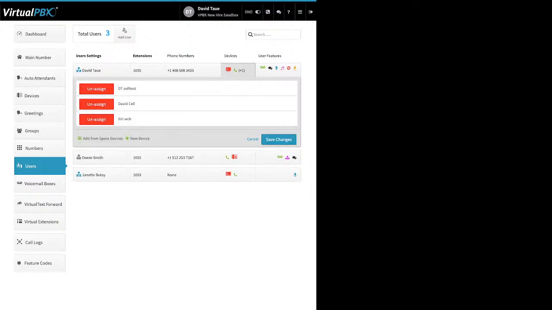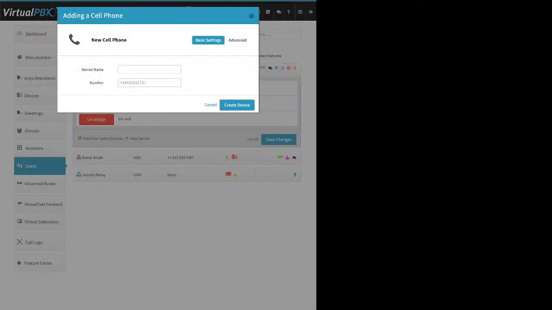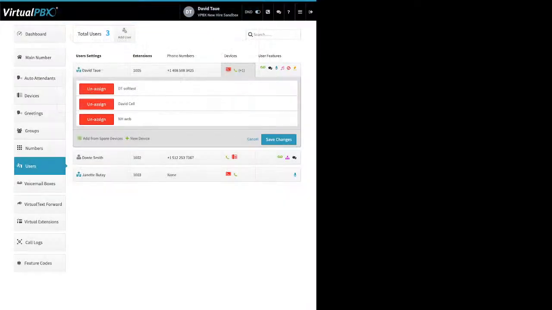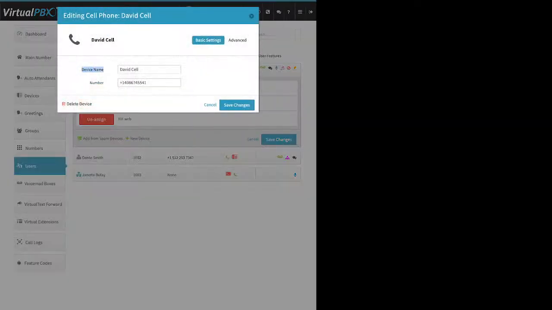All right, next up for new devices, we've got cell phone, and this also applies to landlines. All right, give it a name, and then in the number section here, you put +1 area code and number, no spaces, dashes, or parentheses. And then you would click on create device and then save changes. So here, if we go here, you see here's the name, and then here's how the number should look, right? That +1 area code and number. And if we go to advanced,